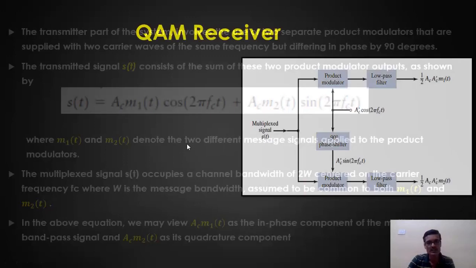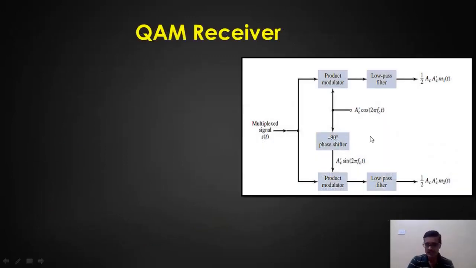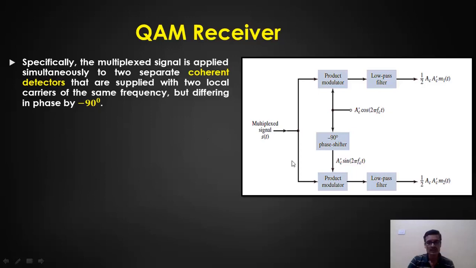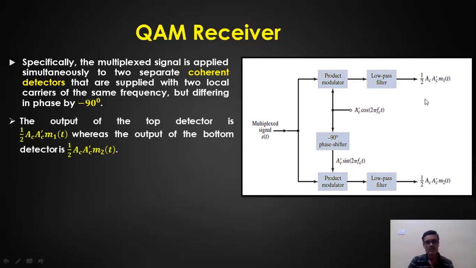Now these signals are given to the receiver again. So this is your receiver block diagram, where the S of t is given. It's a coherent demodulation technique that I am using over here with the two different quadrature carriers. Now the output of the top channel is half of AC dash M1 of t. The output of the bottom channel coherent detector is half of AC dash M2 of t, where AC dash is the amplitude of this carrier, which can be a different amplitude, but the frequency and the phase of both the carriers,